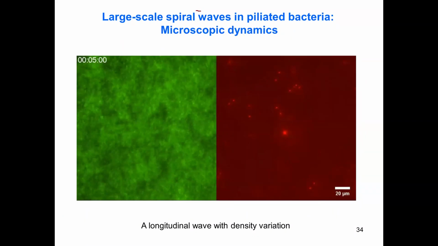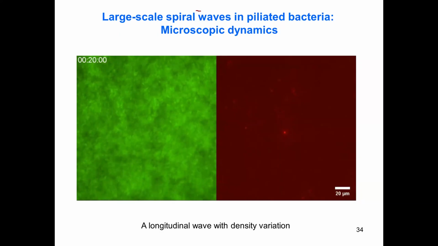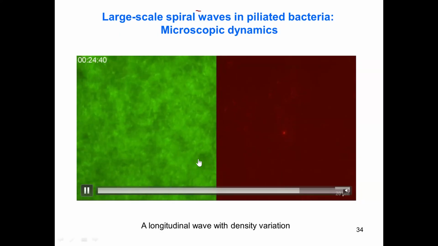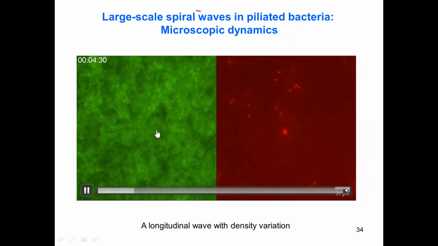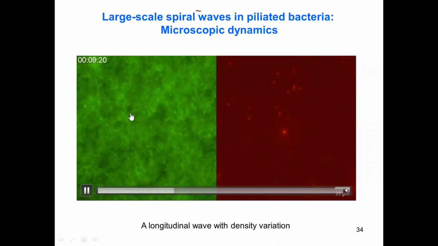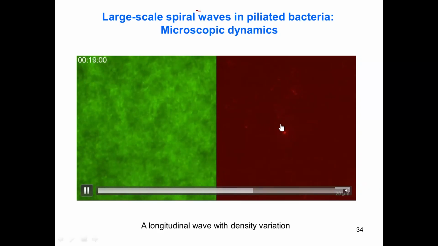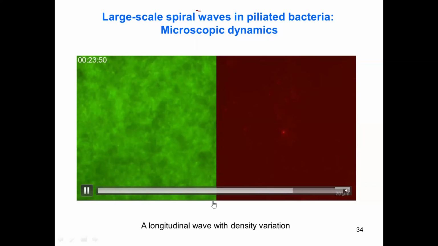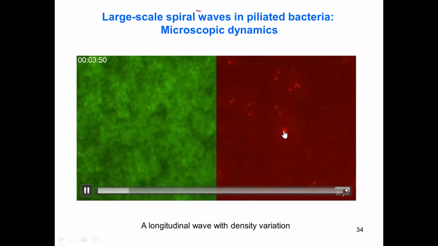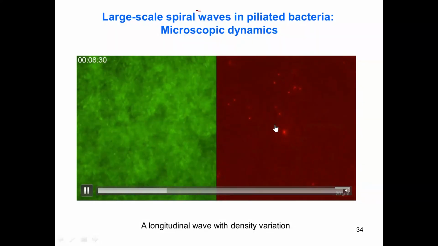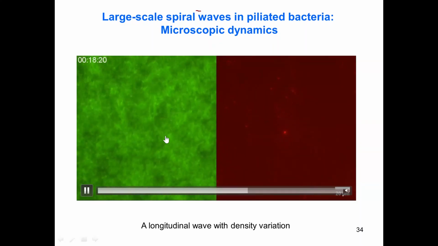And to further understand the nature of this wave, we looked at the microscopic picture during wave propagation. I'm not sure if you can see it clearly from the other side, but here I'm showing the cell density variation during the propagation of the wave, and also the motion of mass element during the wave propagation. So the wave propagates from lower right to the upper left, and the mass elements move back and forth during the propagation. So this is a longitudinal wave